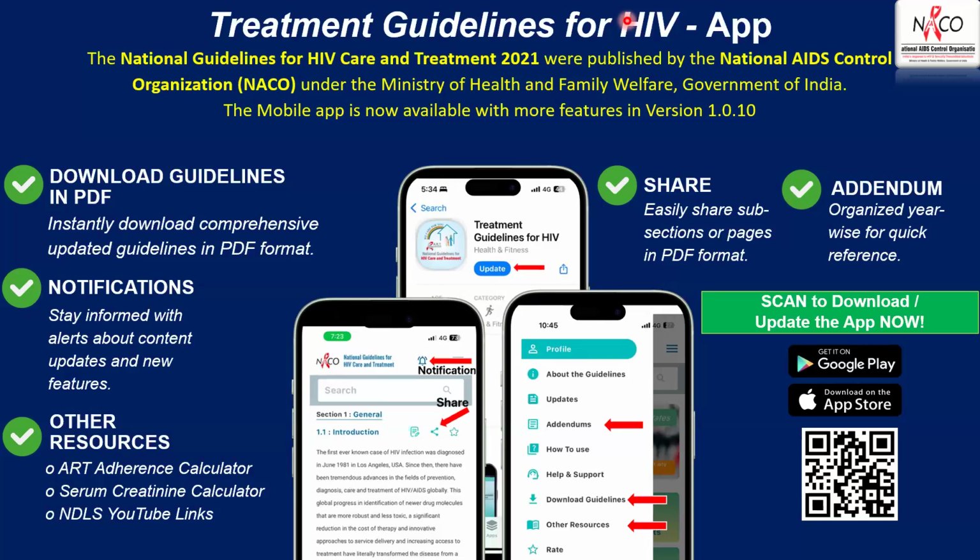TNA test. If rapid antibody test is positive, for a young infant less than 18 months. If it is a newborn, suppose 7 days of age or something like that, you should go for a rapid antibody test in that child. If that is positive, then you do a TNA test at 6 weeks.